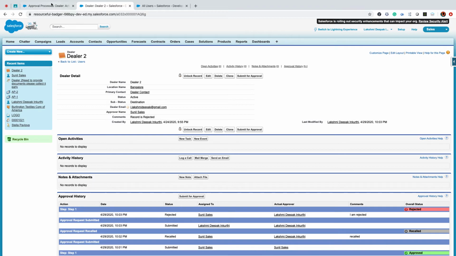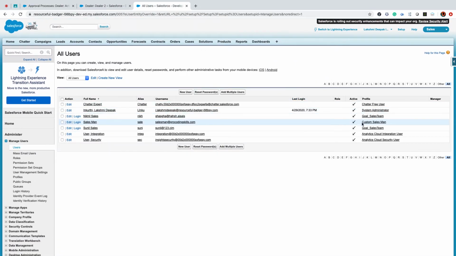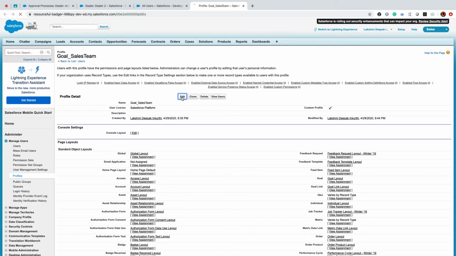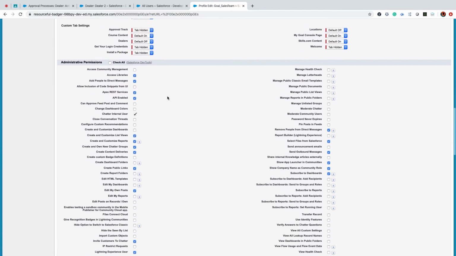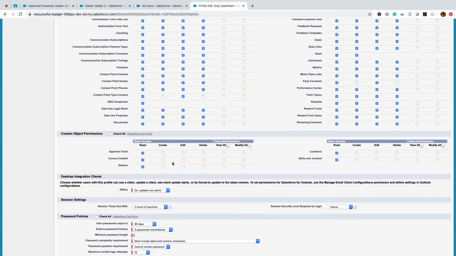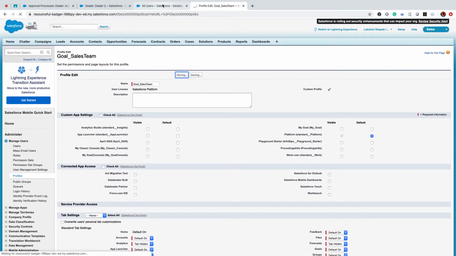For example, let me go to Sunil's profile. I'll enable one permission, the edit permission, on the dealer record to the profile. That way you will understand. Now for dealer, I'm saying edit also, save.